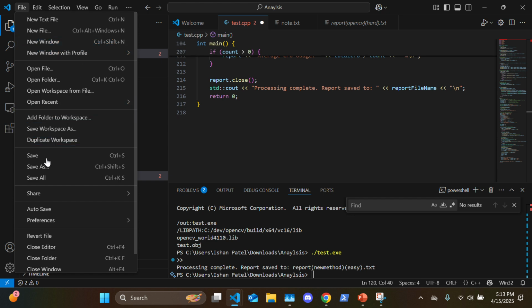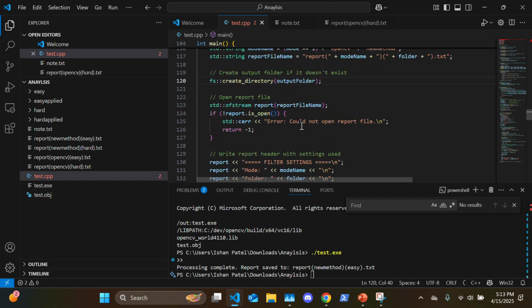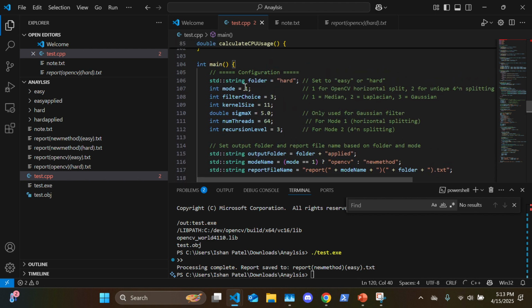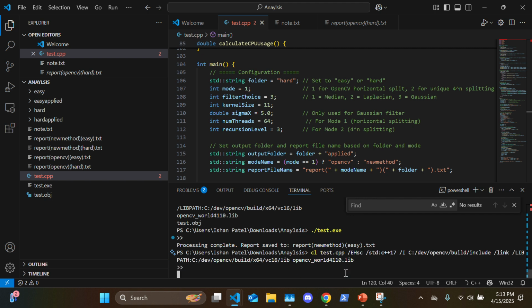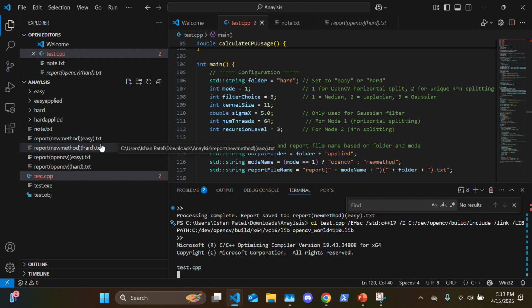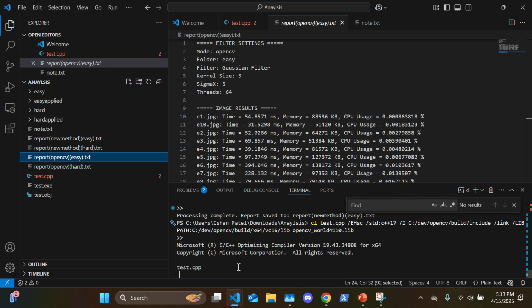So we're going to run it. So we'll save all. And this is hard-coded at mode 1. And it's set to hard. So we will run this, compile it since we just changed it. This would basically compile it. So then we're using hard and mode 1, which would be new method hard. So this is this right here. So if we were to run it,